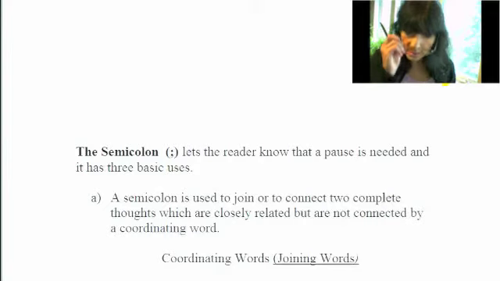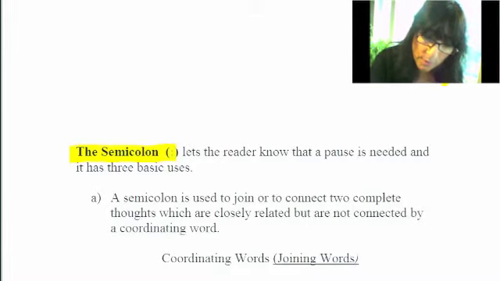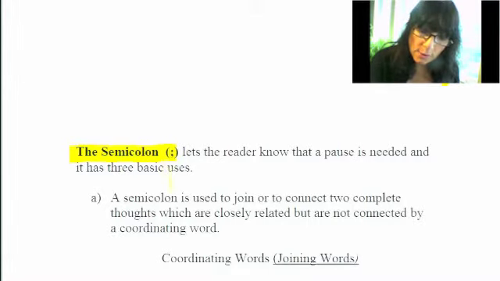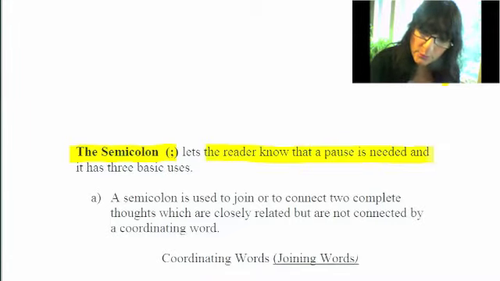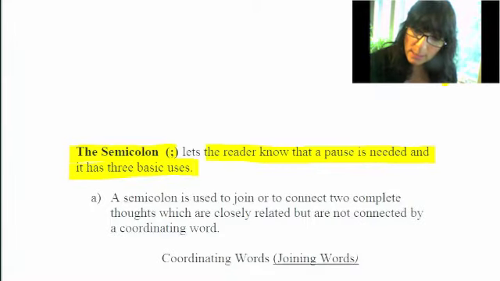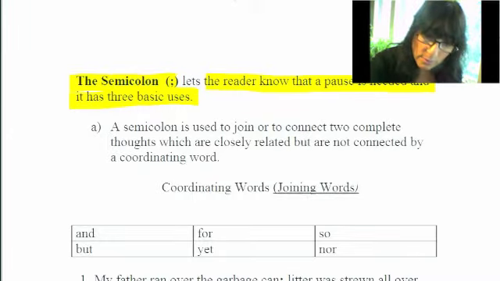Hello, welcome. I would like to discuss in today's lesson the use of the piece of punctuation which is called the semicolon. Now if you look here, the semicolon is formed by using a dot on the top and a comma on the bottom. And the purpose of the semicolon is to let the reader know that a pause is needed in your writing. And the semicolon has three basic uses, and I would like to discuss the uses with you. The first one,